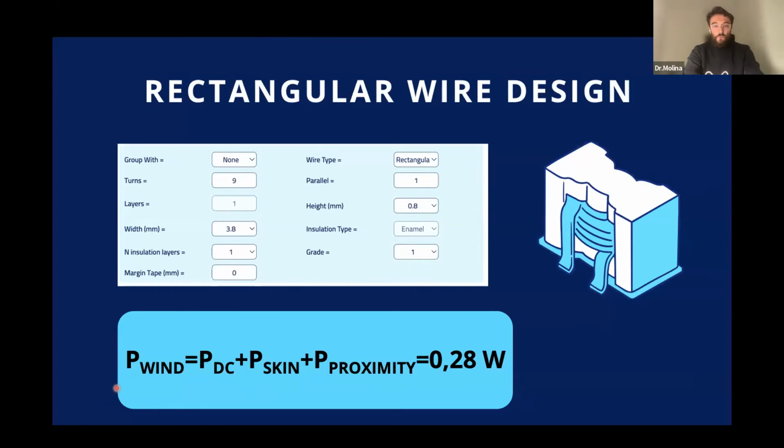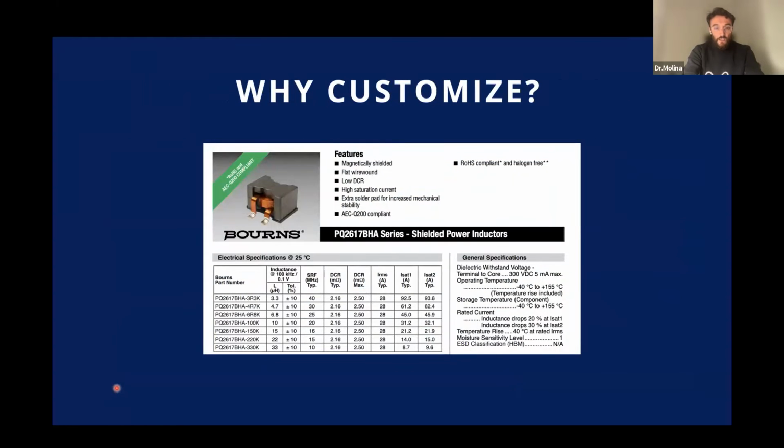Okay, and also we can see the losses. And now I move to a topic that is very interesting to me. At some point, when you are looking for an inductor for a specific application, especially in DC, and we are talking about DC inductors here,